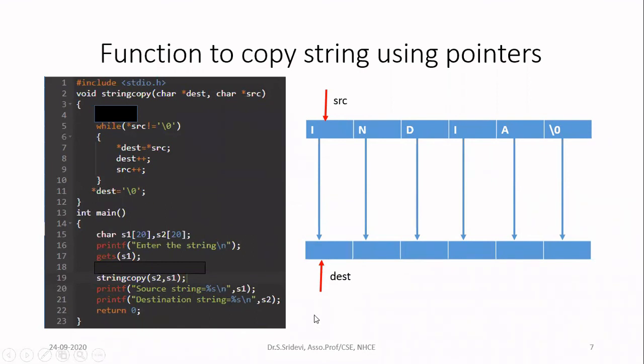Okay, so when this loop is executed, you will get the output like this. So all the letters of India will be copied to the destination string. When the null character is encountered, it will come outside the loop. So in line number 11, you are explicitly storing the null character as star dest. So in dest, it will be stored as a value. Okay, now your work is over. So you can write closing curly brace.